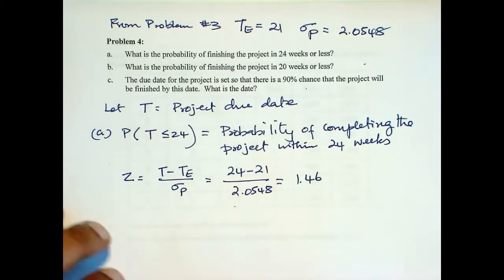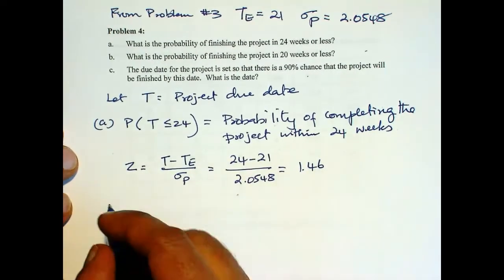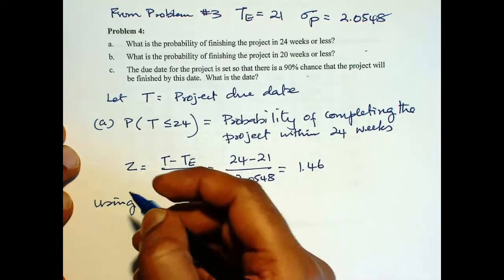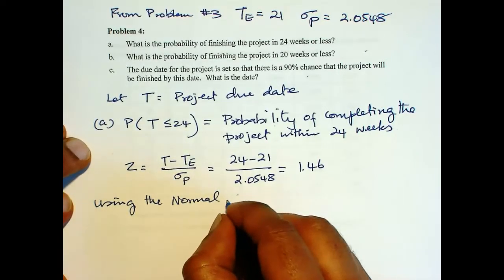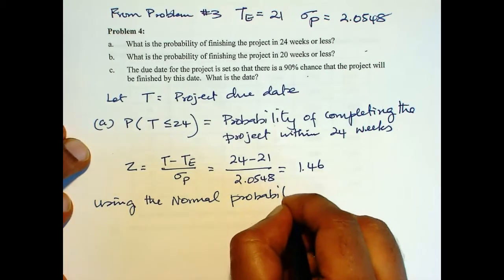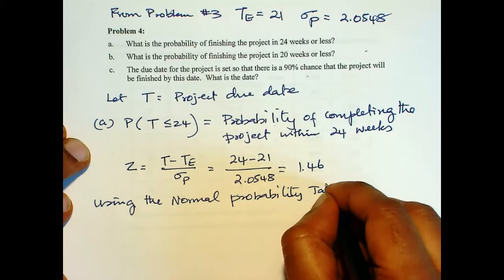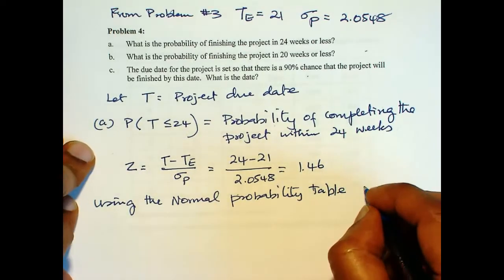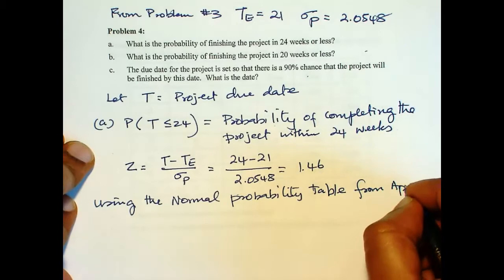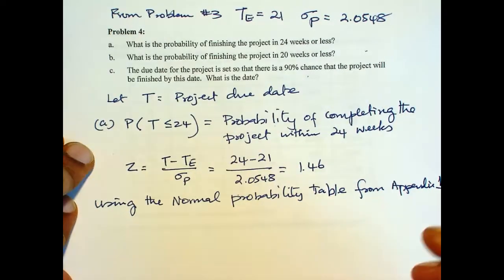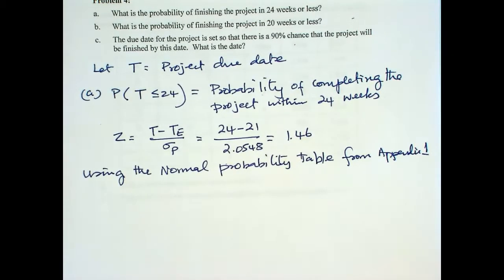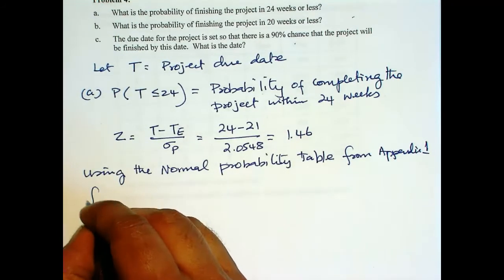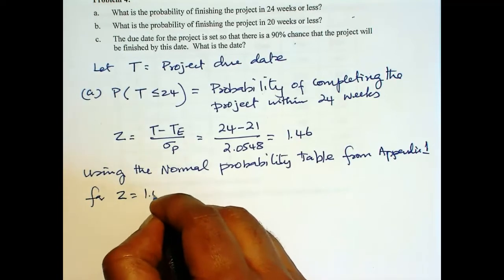Okay, so now using the normal probability table, from appendix 1, and you can look this up from your e-text. So I have a paper copy. So let's see, for Z equal to 1.46, table area is